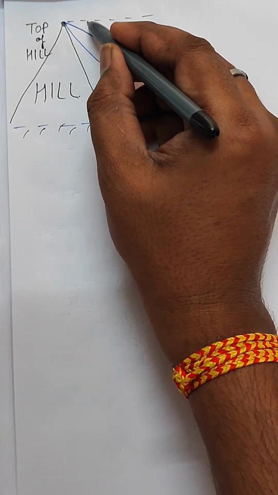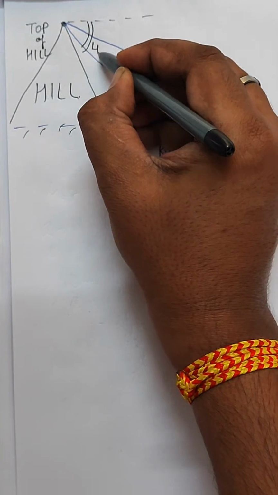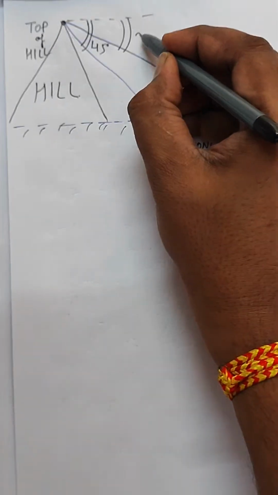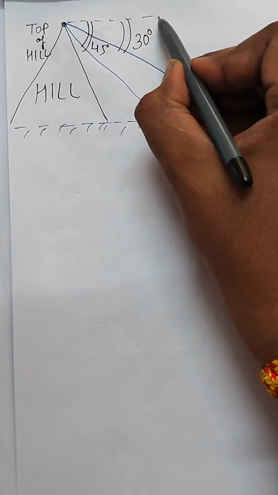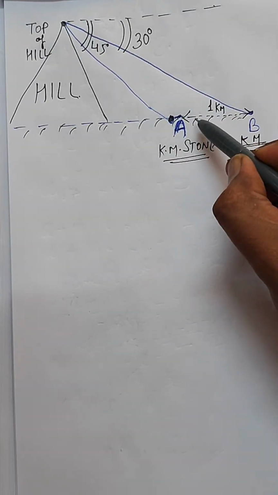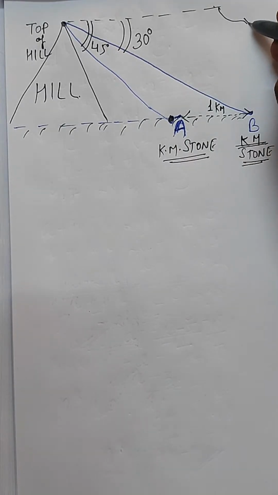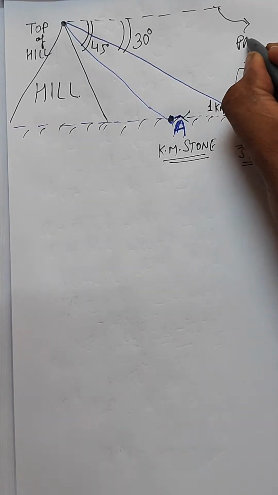So let's say this is greater, so this is 45 degree, and this is smaller, so this is 30 degree. If this dotted line and this dotted line are parallel to each other, you can see both of these lines are